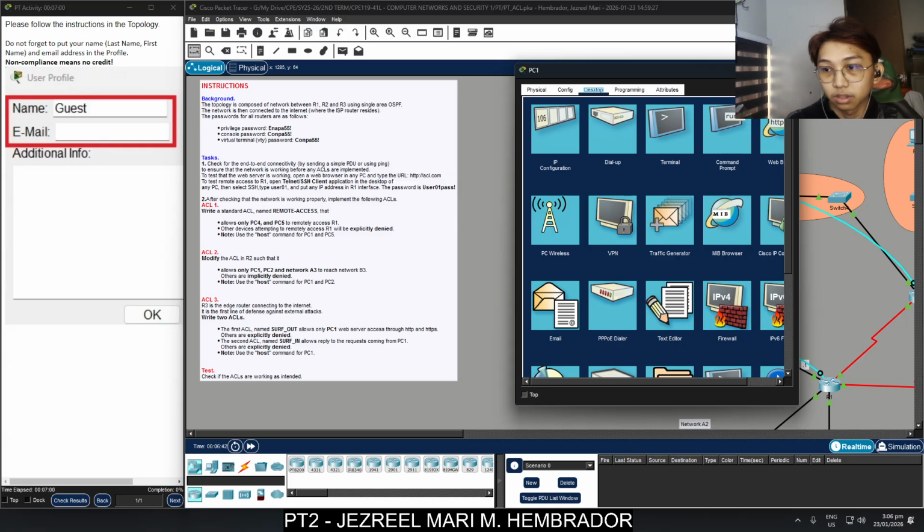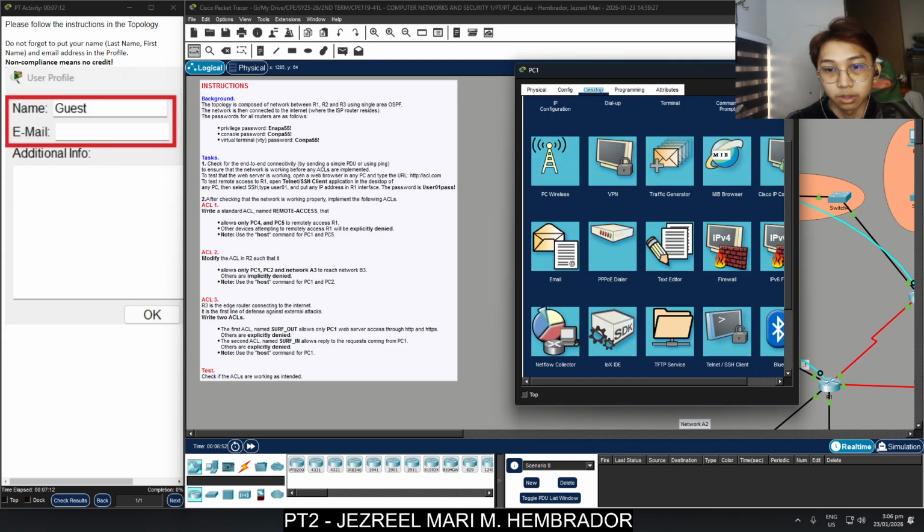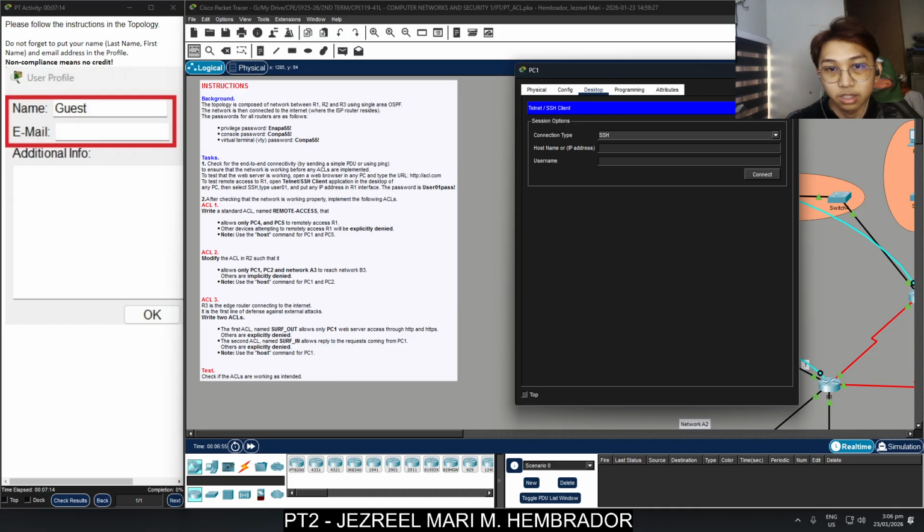I will test the remote access. I am attempting to SSH into router 1 from PC1. So we're going to go to the Telnet SSH, and then for the host name I will type 10.10.10.1, and then for the username is user01, then connect.